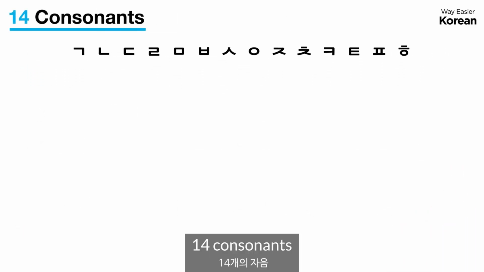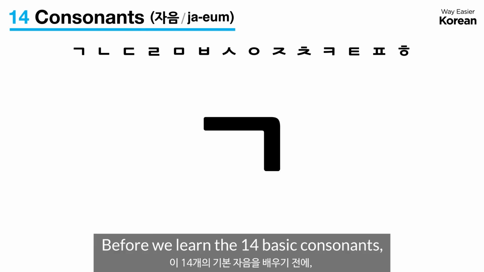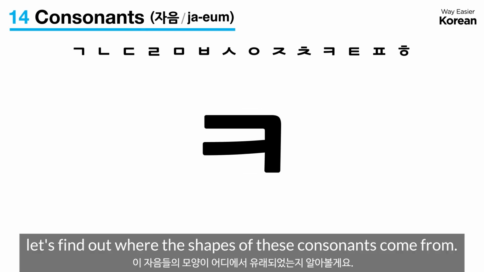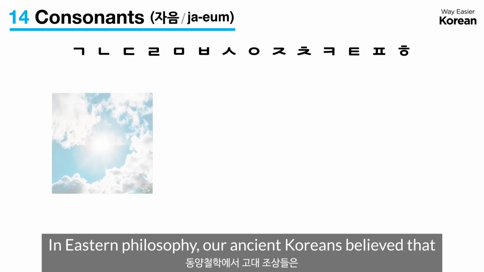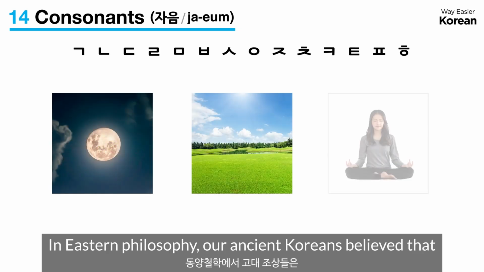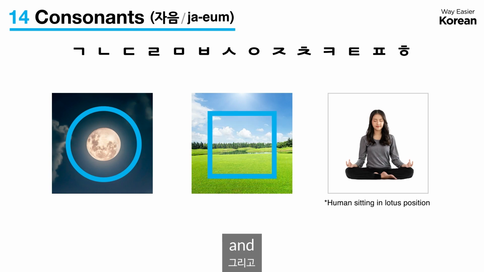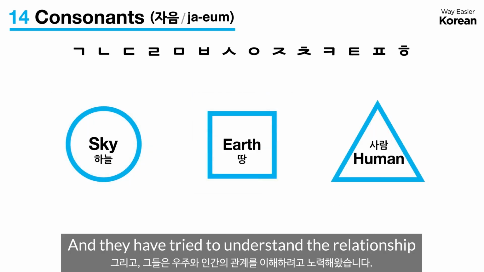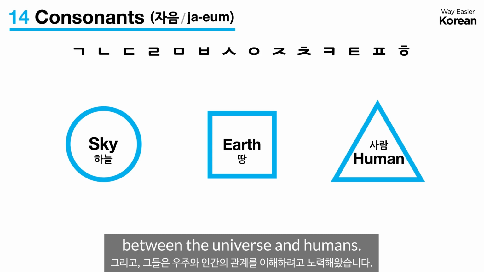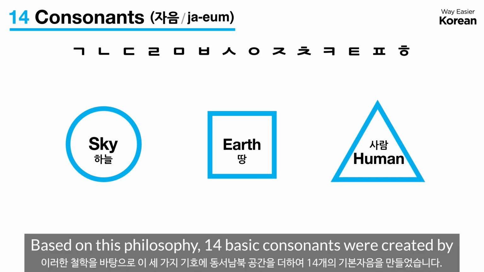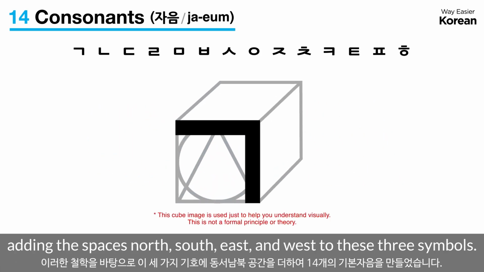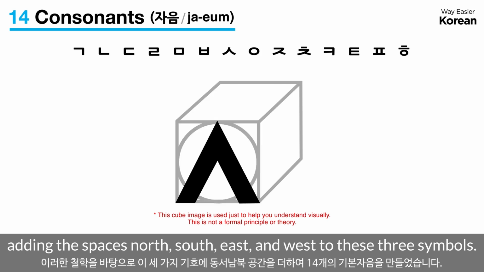14 consonants. Before we learn the 14 basic consonants, let's find out where the shapes of these consonants come from. In Eastern philosophy, our ancient Koreans believed that sky, earth, and human beings were the three elements of universe. And they have tried to understand the relationship between the universe and humans. Based on this philosophy, the 14 basic consonants were created by adding the spaces north, south, east, and west to